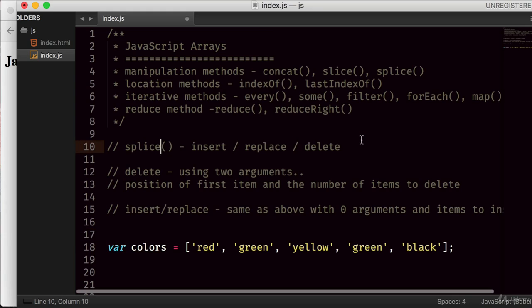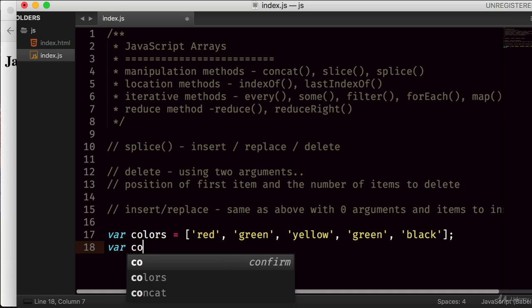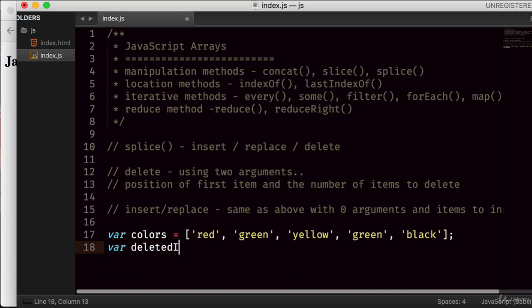Okay, so the next one is the splice method. This is extremely powerful. Using the splice method, we can insert, replace, or delete items in the array. So what I want to do is, for example, use this splice method to delete certain items. So let's create a new variable, deletedItems equals colors.splice,